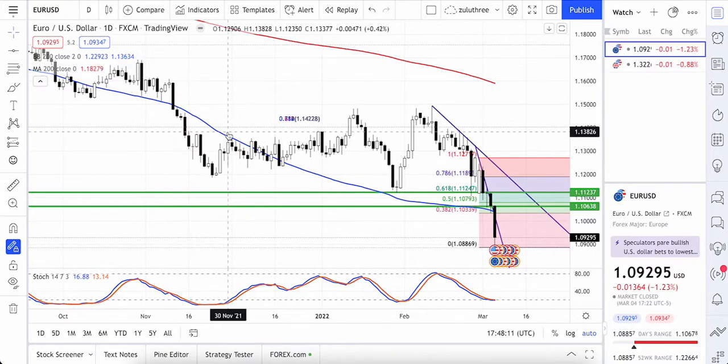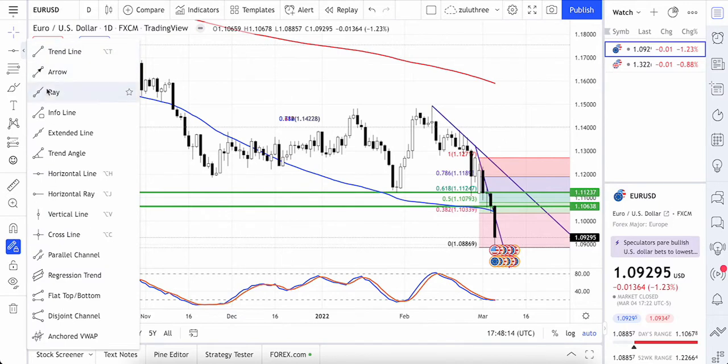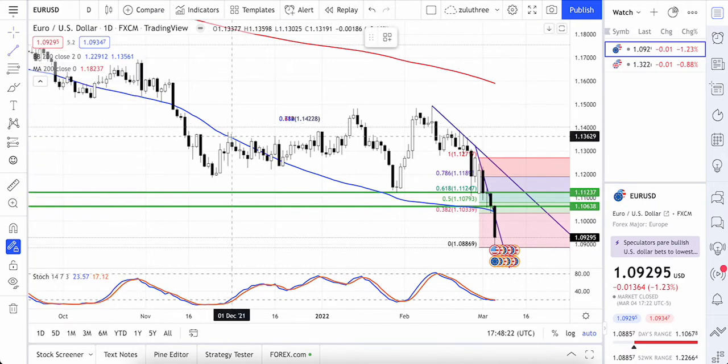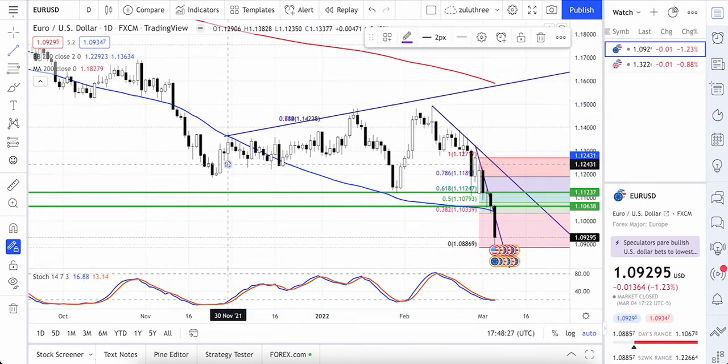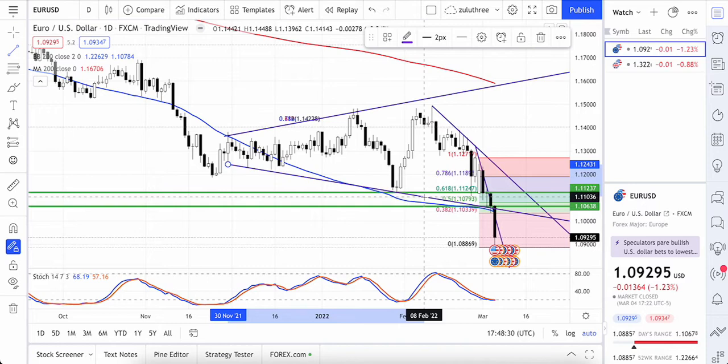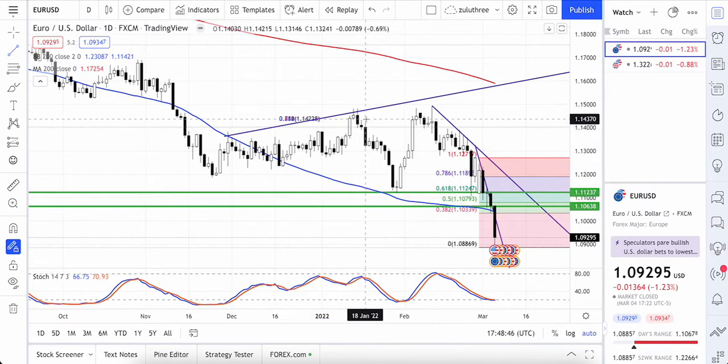I don't have the lines on here right now. I could put them in. I don't want to waste too much time on this video, but I'm just going to quickly put them in. So I'm just going to draw them very roughly. So it was something like this. All right, so if you can see amongst all that clutter, you can see the megaphone formation that I've just drawn, and you can see the euro's broken out through the bottom of that pattern, indicating a continuation of the downward trend. So let's get rid of all that nonsense